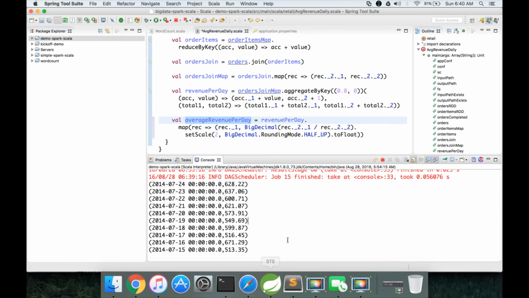We are almost there. Let me add this code snippet to the program.